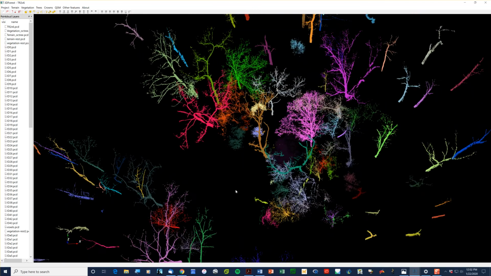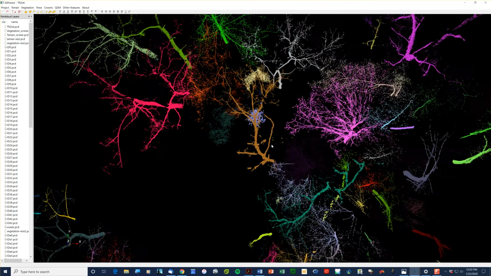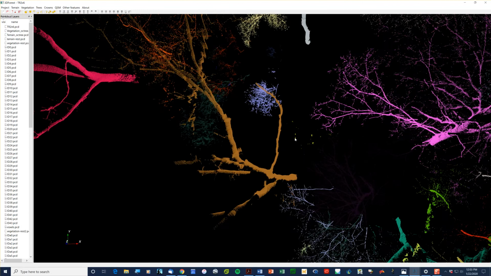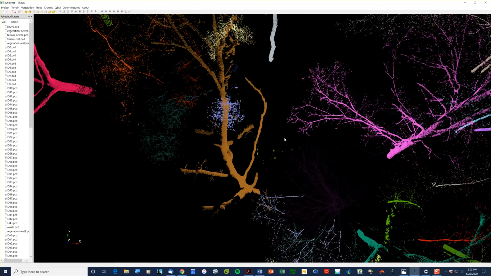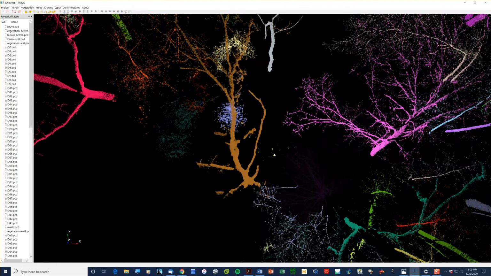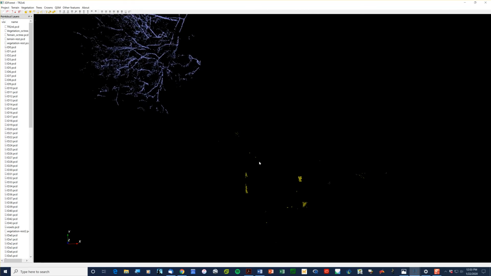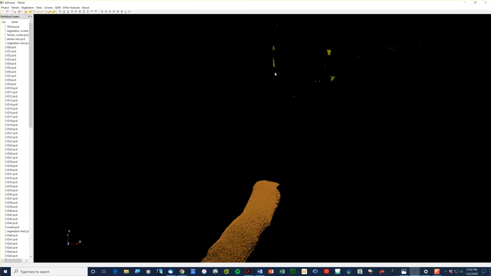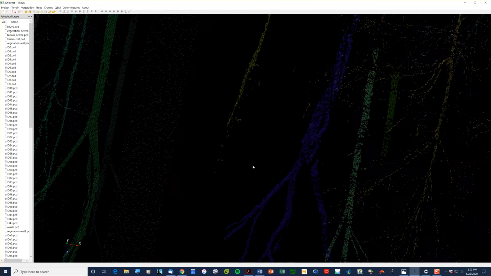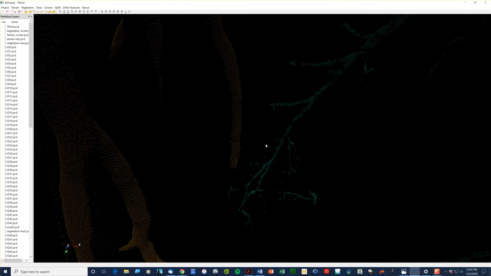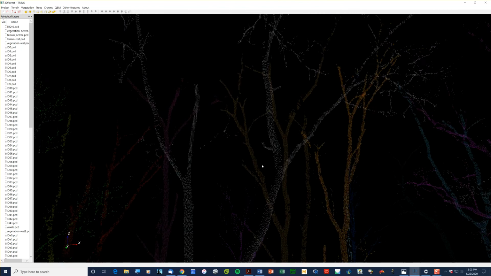So, let's scoot down. There is the hole, I think of it as a hole, in which the scanner was placed. And then when we go down through it, get down to the bottom here, right, and then turn it around, you can see that we now have the forest all around us, right? And that's pretty cool. So here we are, standing on the ground,